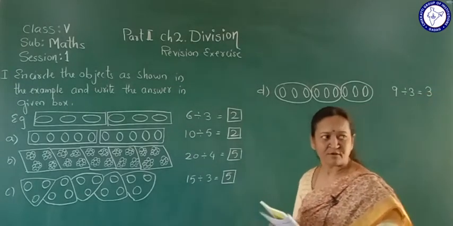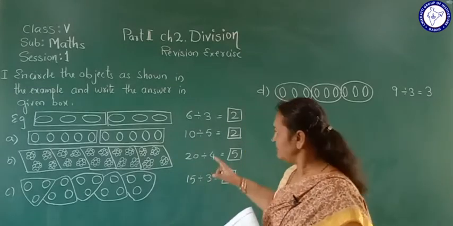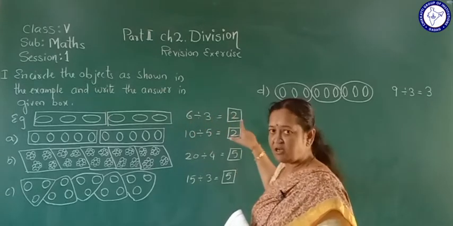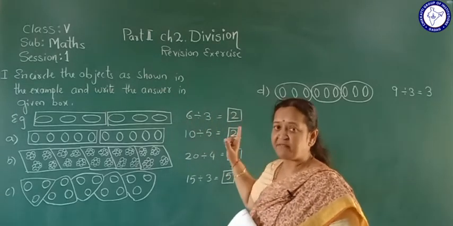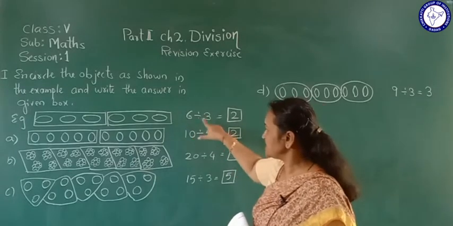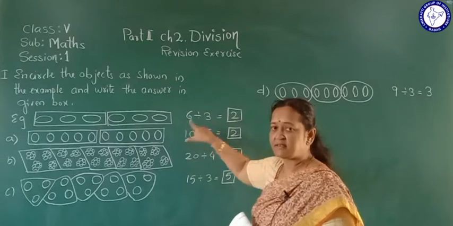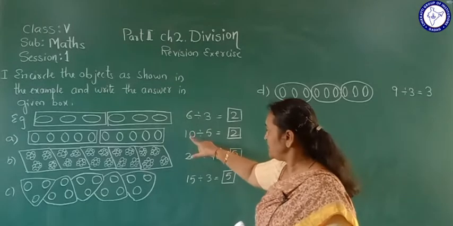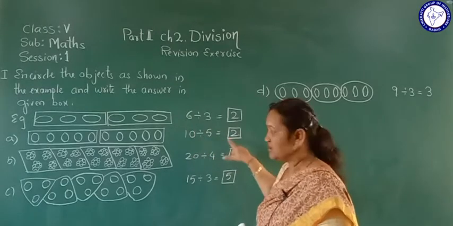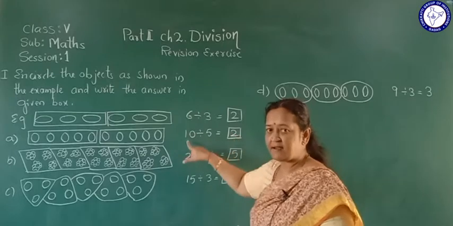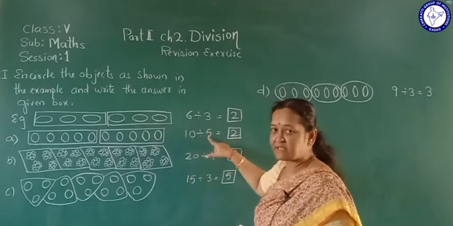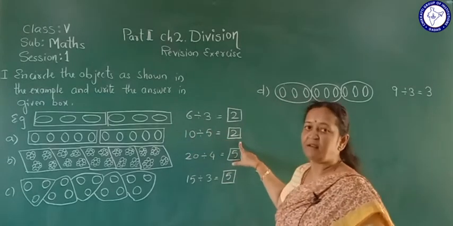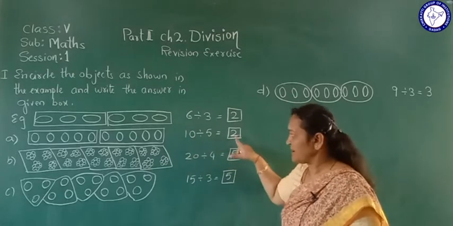Is this understood? Now you can check the table. Check here: 6 divided by 3. 3 2s are 6 or 2 3s are 6. This is verification. You can verify. So 6 divided by 3, the answer we get is 2, or 6 divided by 2, the answer we get is 3. So 3 2s are 6. Same here, 10 divided by 5 is equal to 2. So 5 2s are 10 or 2 5s are 10. So 10 is easily divisible by 5 and 2. If you divide 10 by 5, the answer you get is 2, and when 10 is divided by 2, the answer we get is 5.